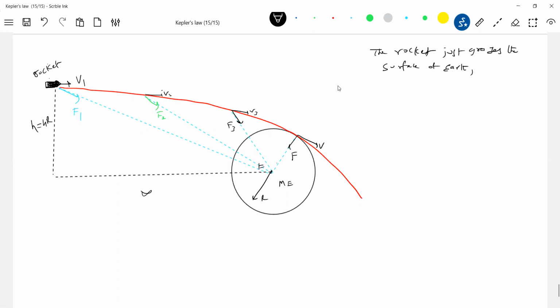So now there's the center of the earth. There's a point P where it is going to graze here. Now, about what point is angular momentum concerned? About point C only. So what is the initial angular momentum? m v1 h should be equal to m v r. v1 h equals v r. What is h? h is equal to 4r. So v is equal to 4 v1.